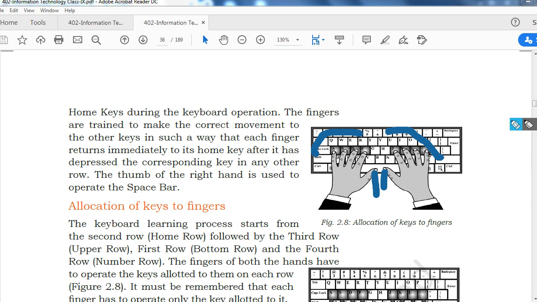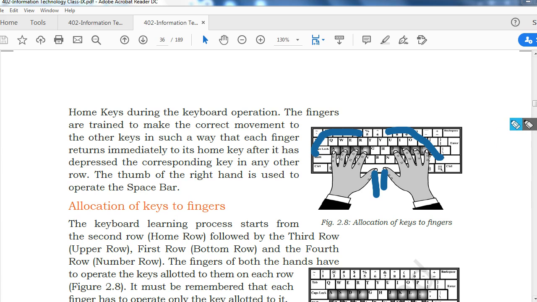With the help of this, you have to set your fingers on these keys, the home keys, or we can call them horizontal keys. So you have to have mastery over it, and with the help of this you will manage to operate the other keys also. After practice you will automatically understand where the other keys are and how much your finger should move to press that key, right?